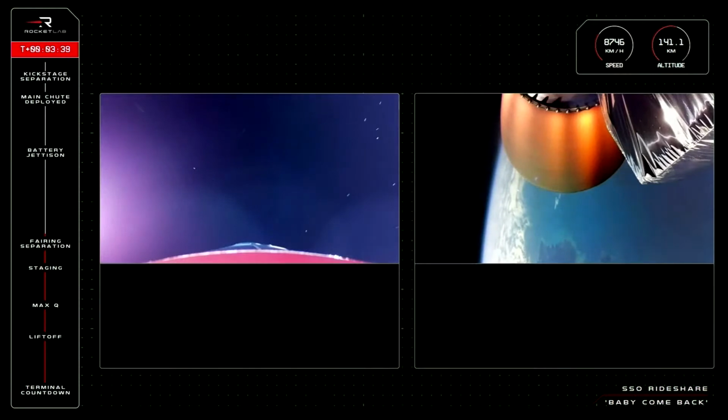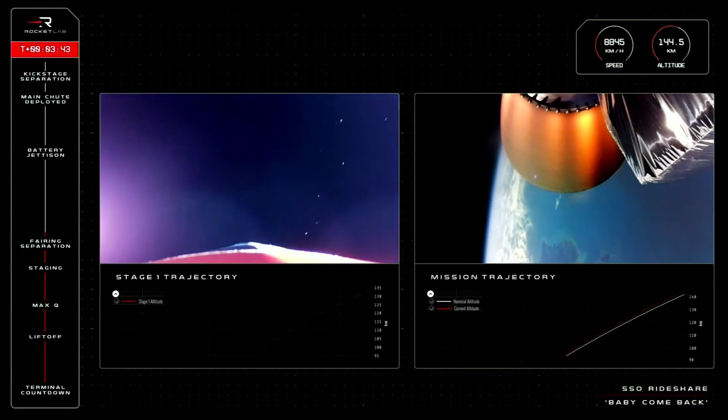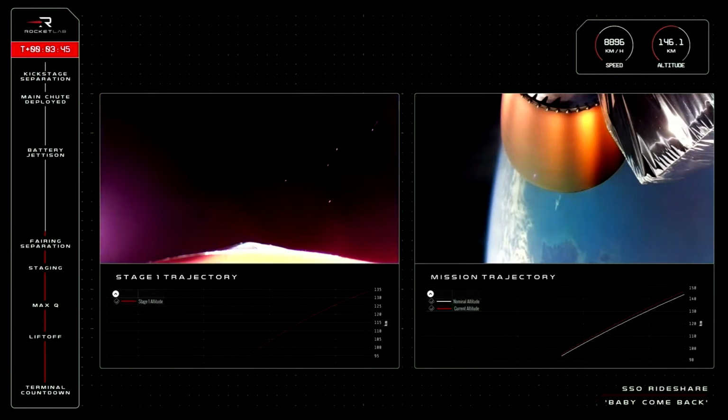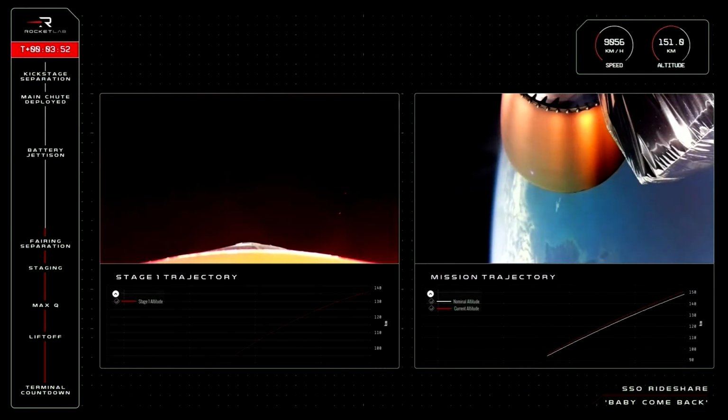We've got some time before the next milestone, so let's take a look at the booster returning to Earth on the left of your screen. Everything's looking good there. A couple of minutes ago, the engines shut down on that first stage, and after the booster reached apogee, the reaction control system kicked in to reorient itself